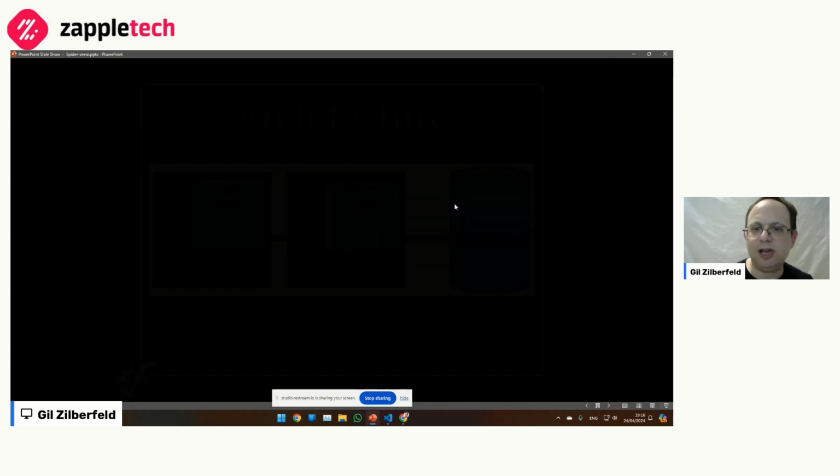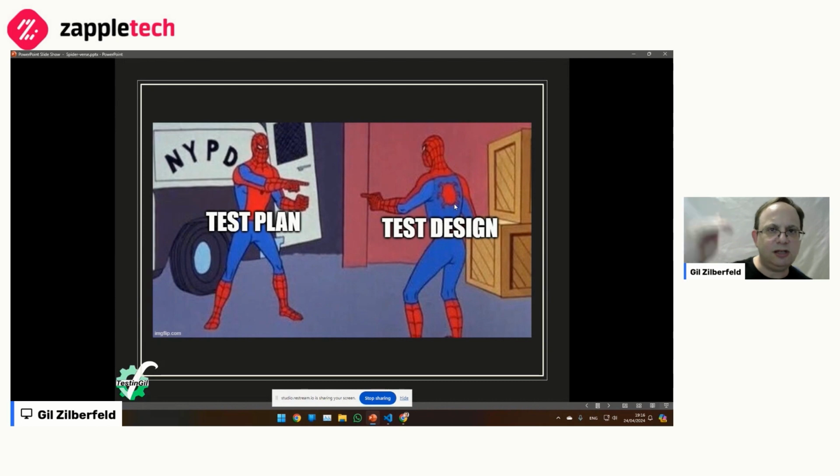So once we decided these are the things that we're going to go through, we need to think how we're going to test them. And if I'm calling another API, I'll need to take care of it somehow. I'll either need to set up the server to give me an answer when the test runs, or I need to mock it, but this is going to be part of the design of the test.